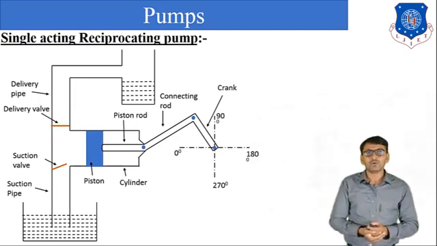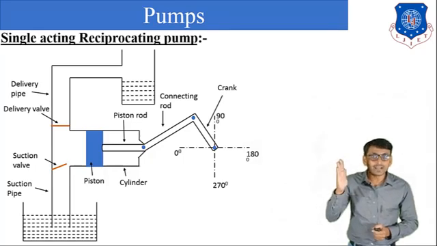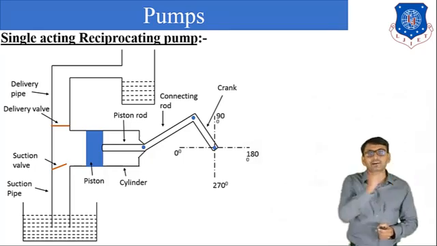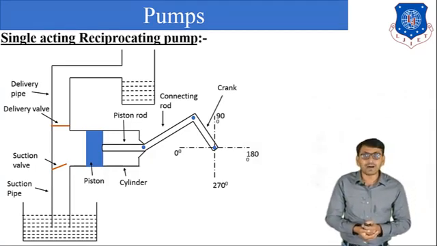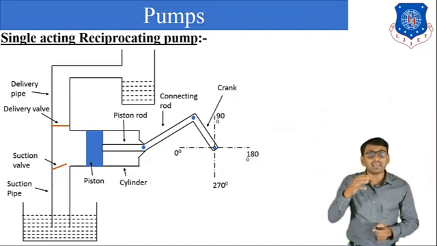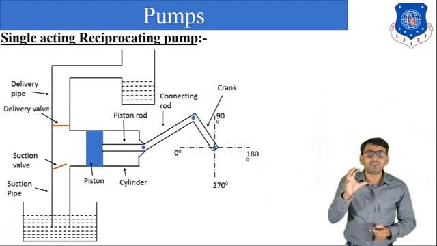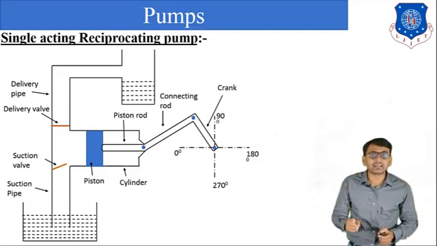Okay. Now, in suction stroke, crank rotates from 0 to 180 degree, and the piston moves to the right side in the cylinder. Due to piston movement, the suction valve opens, because when the piston moves to the right side, at the left side of the piston a vacuum is created, a pressure difference, and due to this pressure difference the suction valve opens and water enters into